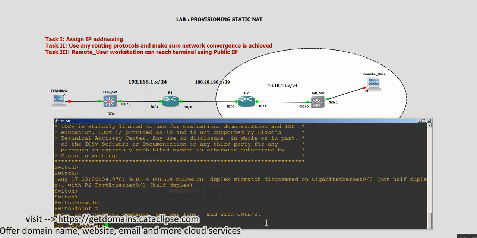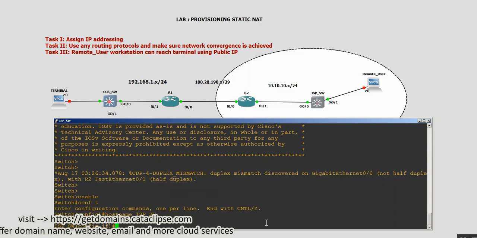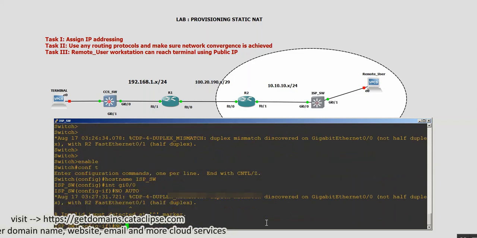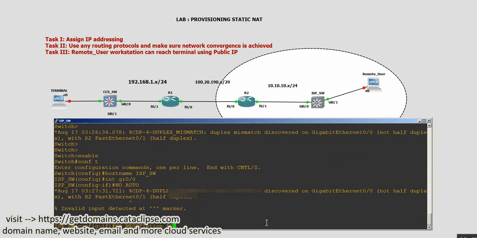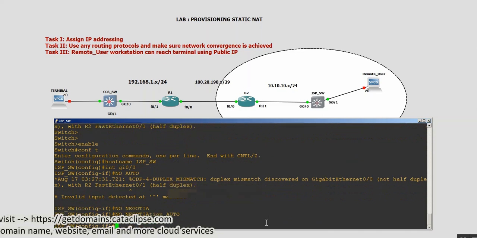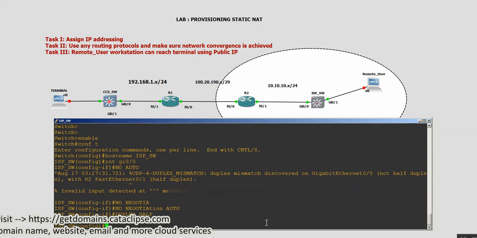Interface Gig 0/0 and no negotiation auto, then duplex. So no negotiation auto is the command that